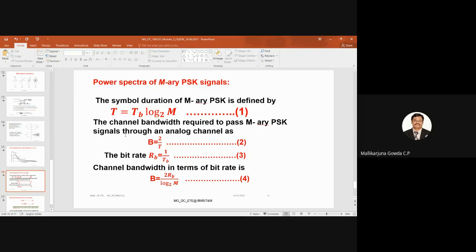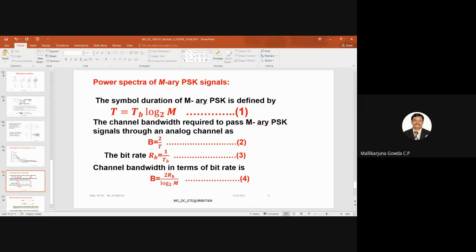And what is the channel bandwidth required to pass the M-ary PSK signal? B is equal to 2 by T, we say. The channel bandwidth for M-ary PSK is B is equal to 2 by T. And we know what the bit rate is. So the bit rate, known as RB, is equal to 1 by TB, right? So I can say the channel bandwidth in terms of the bit rate will be equal to,